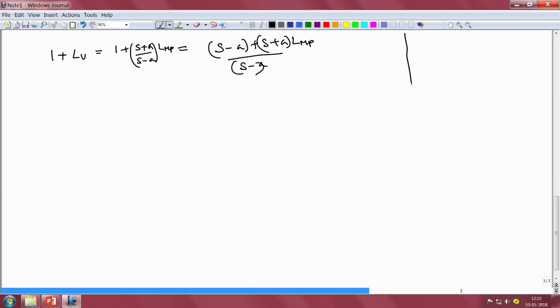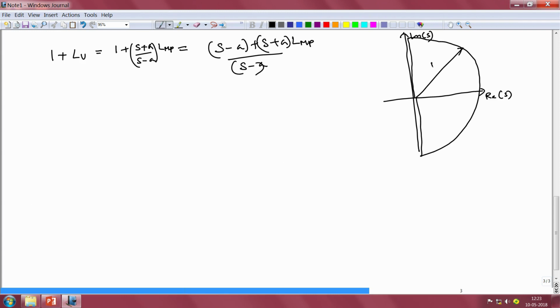So now let us first draw the complex plane. In other words, the real part of s versus the imaginary part of s, which is omega, and our familiar D-shaped contour would have its straight edge coincident with the imaginary axis, and then we have this semicircular arc of radius capital R that is tended to infinity, and that encompasses the entire right half of the complex plane. So this is our familiar D-shaped contour along which we would compute the complex number L of s and then draw its Nyquist plot.